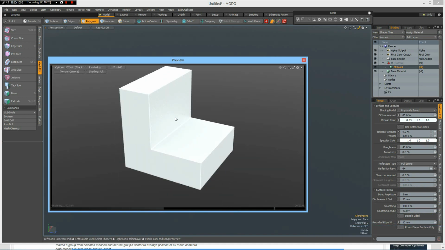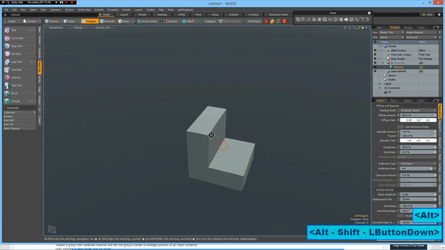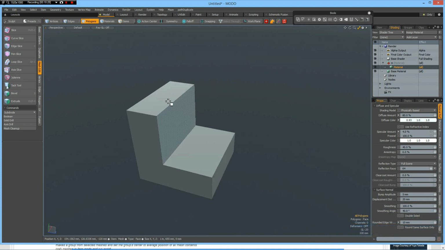Yes, we have nicely rounded edges now. Okay, now when you work with geometries like this without subdividing something, we need to remember that we must use more geometry than we normally would. I normally would